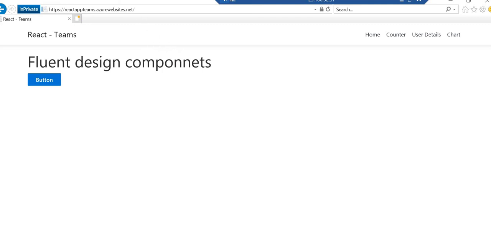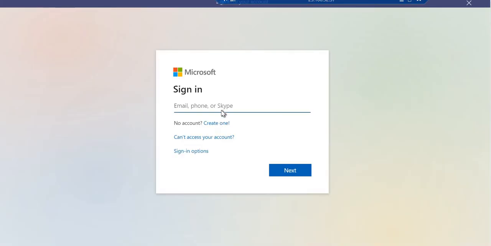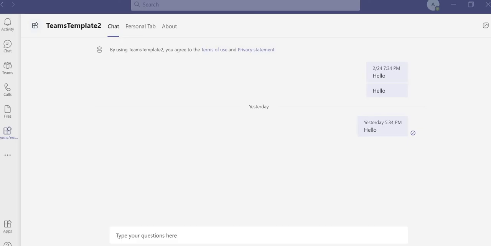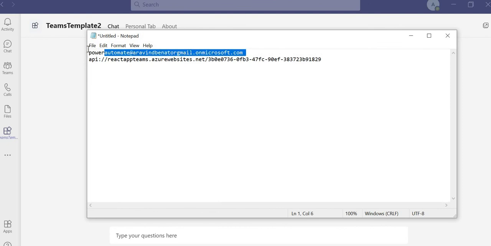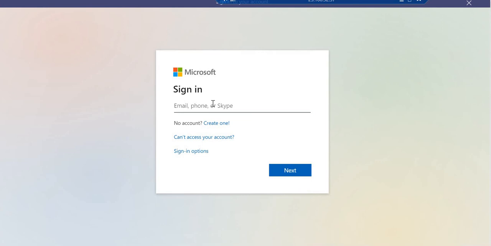So let me move on to my Teams and log in. Let me go back to my model. This is the username I have. Copy it and go to next.